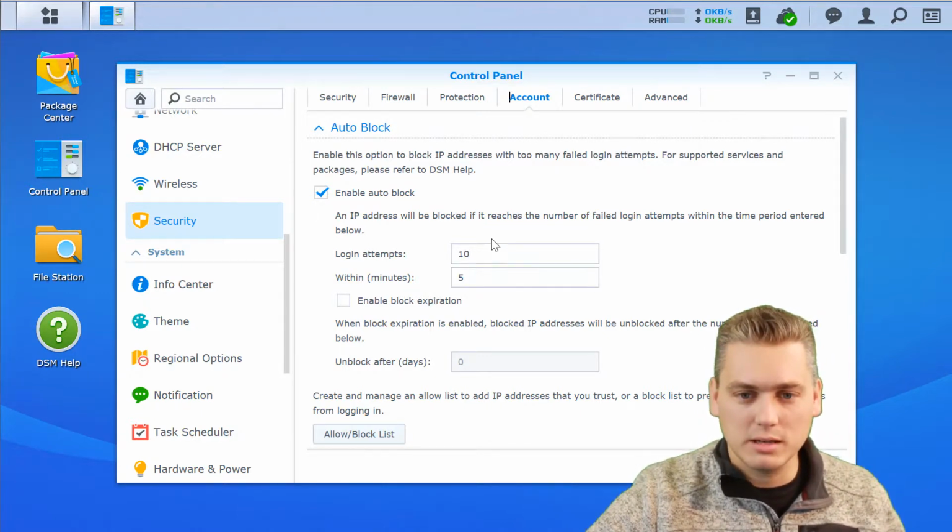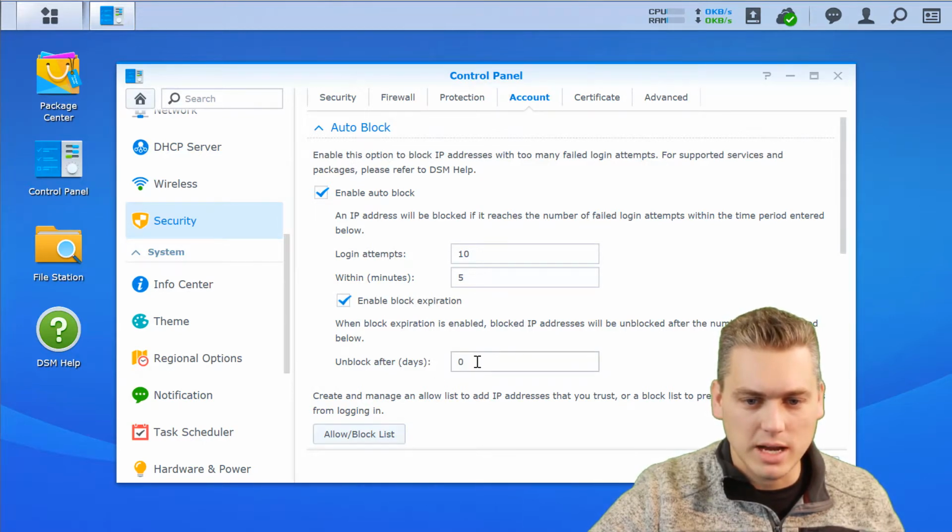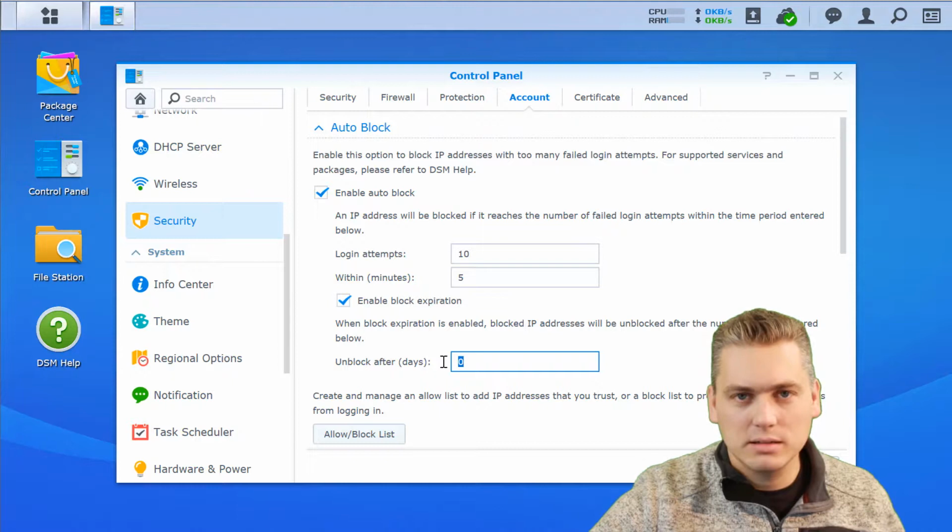If you think you might end up being victim to that yourself, click Enable Block Expiration, and you can say, all right, after 1 day, you can unblock the expiration. But then if somebody's been hammering your machine, they can try again tomorrow and keep doing it again. So